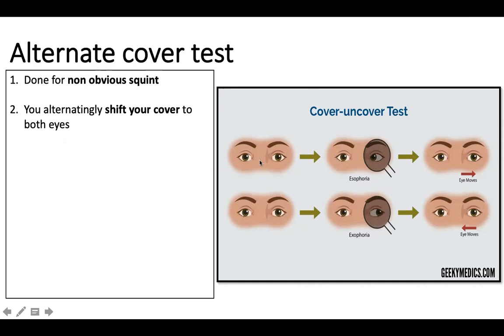Like in this cartoon, both these children had normal-looking eyes without any squint. One of the differences between an alternate cover test and a cover test is that an alternate cover test is done for children who do not have a very obvious squint, but you suspect that there is probably a latent or hidden squint. So these two children do not have a very obvious squint, but once you do the alternate cover test or a rapid cover and uncover test, you understand that there is a hidden squint.